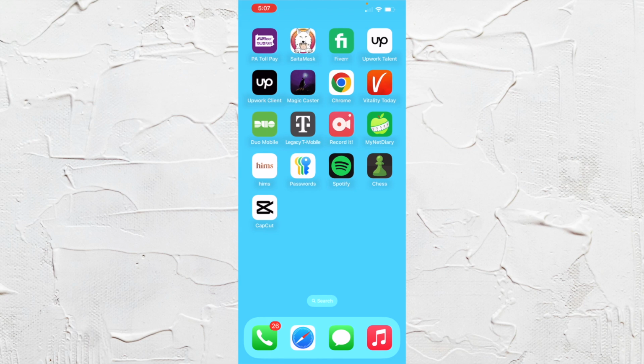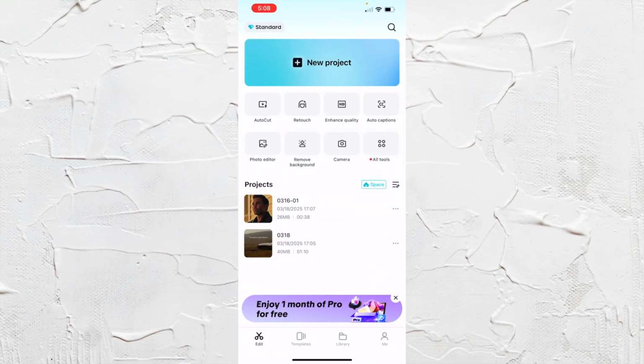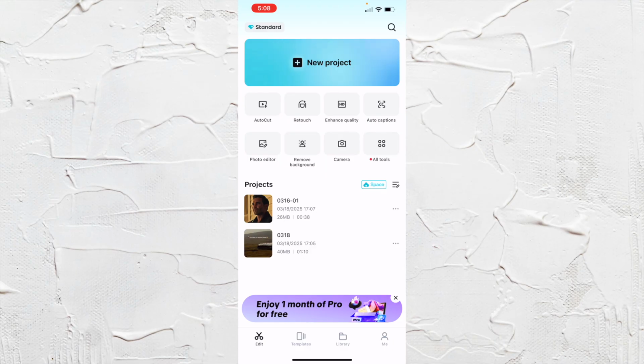In this video, I'm going to show you how to export a video in CapCut. Really easy to do, so go ahead and open up your CapCut. And let's say you have a project, it's all ready to go, you just want to export it and save